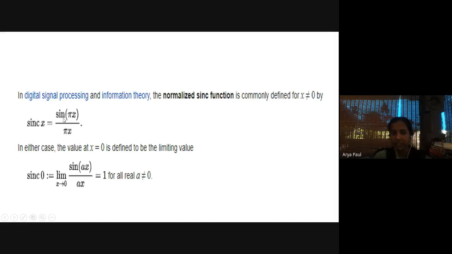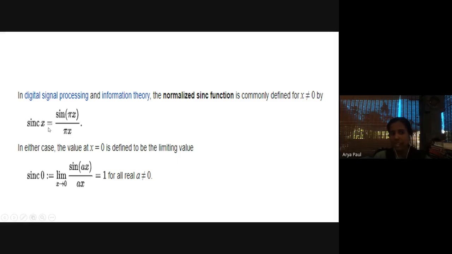This sinc function is mainly used in digital signal processing. DSP stands for digital signal processing, and you will learn more about DSP and signal applications in your 5th semester, where you deal with a paper called digital signal processing. There you will apply all these things. Sinc is a signal that is used for reconstruction purposes. So sinc x equals sine of pi x divided by pi x, or sine theta by theta.